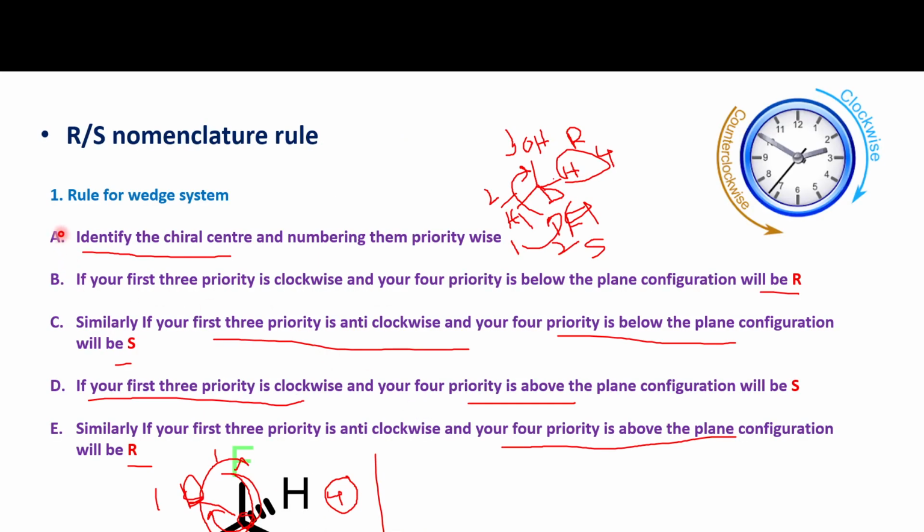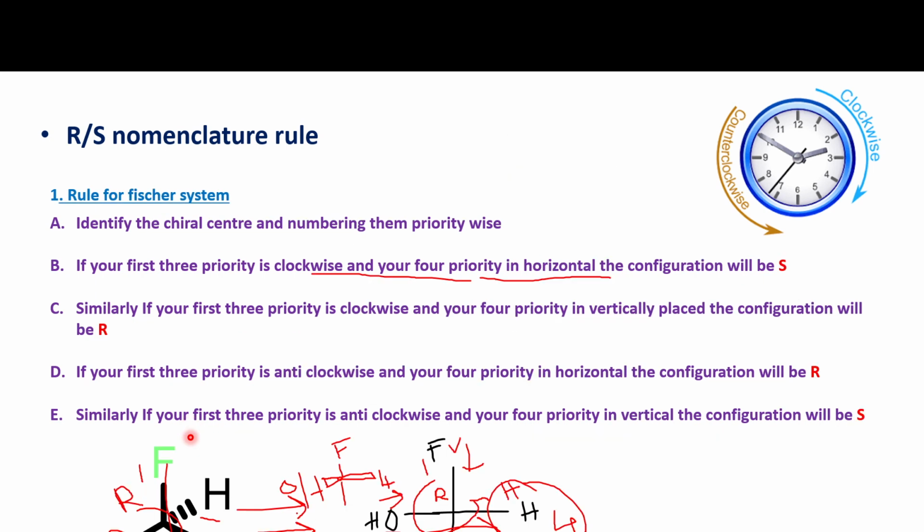Next, we have to give the RS nomenclature. If you rotate clockwise, that will be R configuration, if the fourth priority is below. Similarly, for the Fischer one, what we are telling is, if you rotate the molecule clockwise,